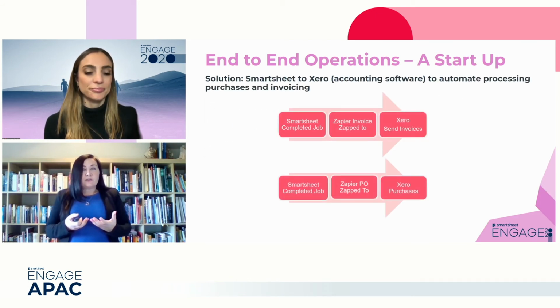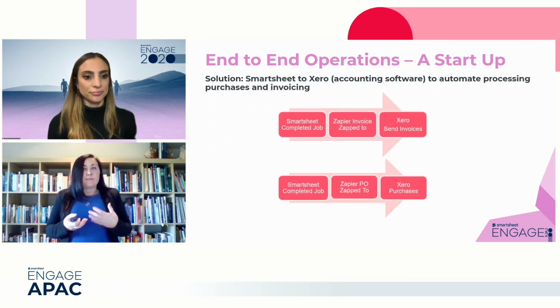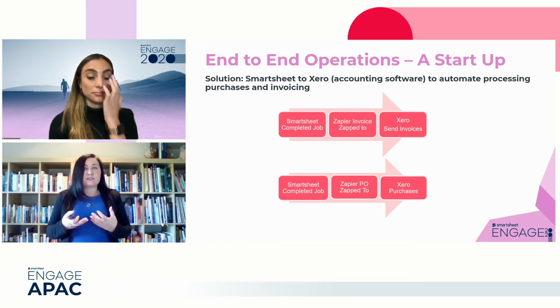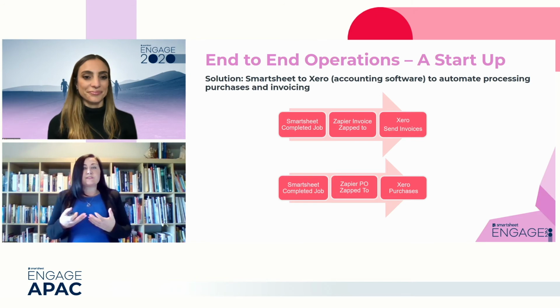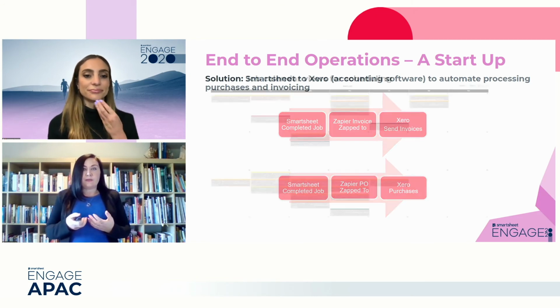After the job is logged and in the app by the contractor and closed in Smartsheet, the contractor PO and invoice is automatically created in Xero, which is an accounting software, again via Zapier. So this completes the cycle, but there are so many more benefits that come as a byproduct because of Smartsheet features. I'll briefly share a series of slides now.